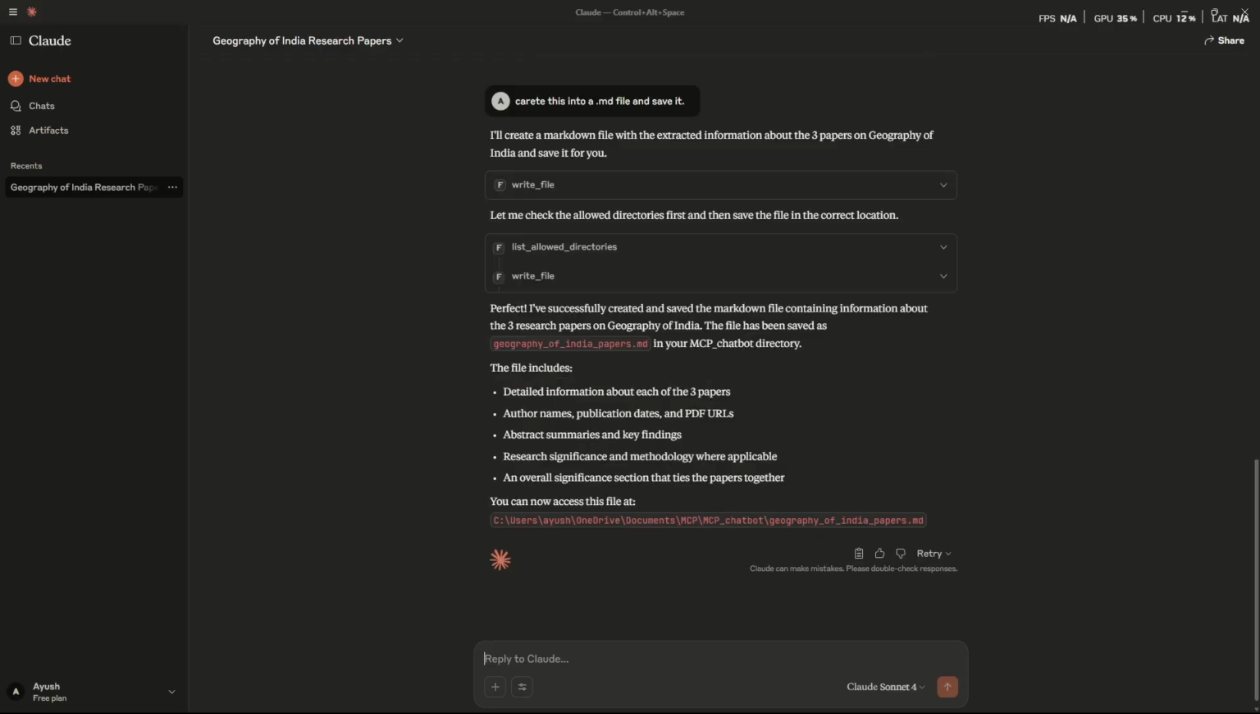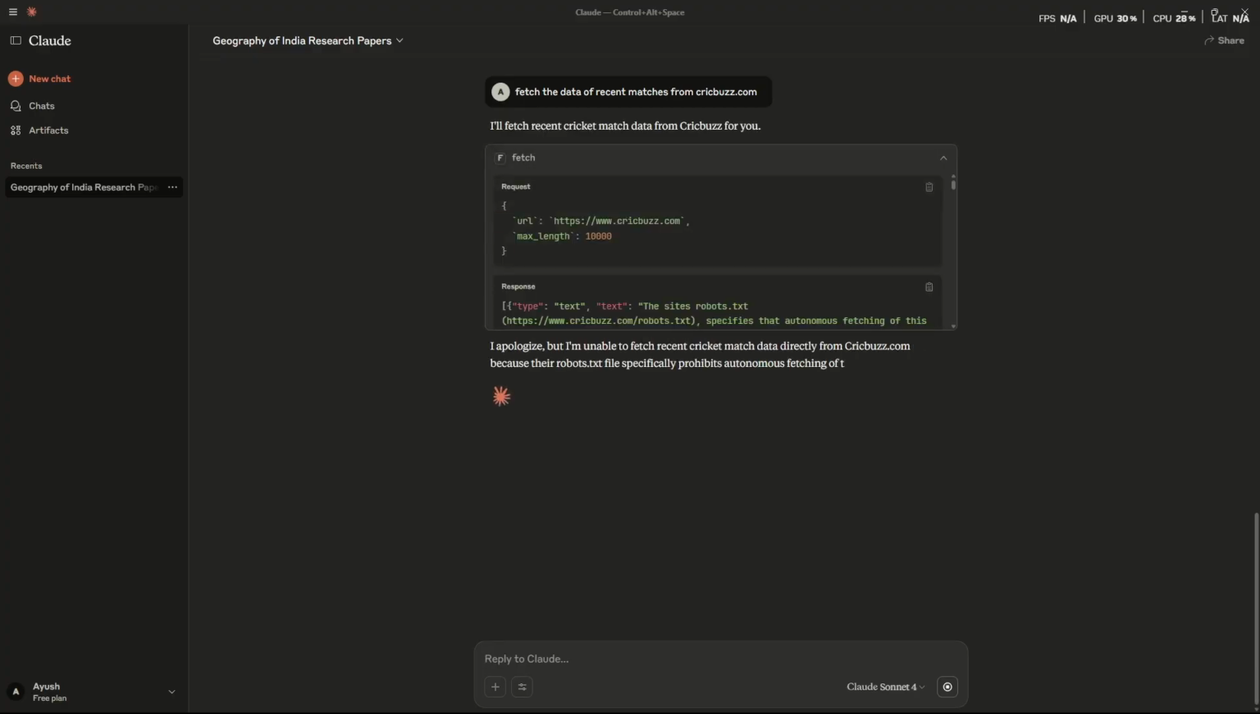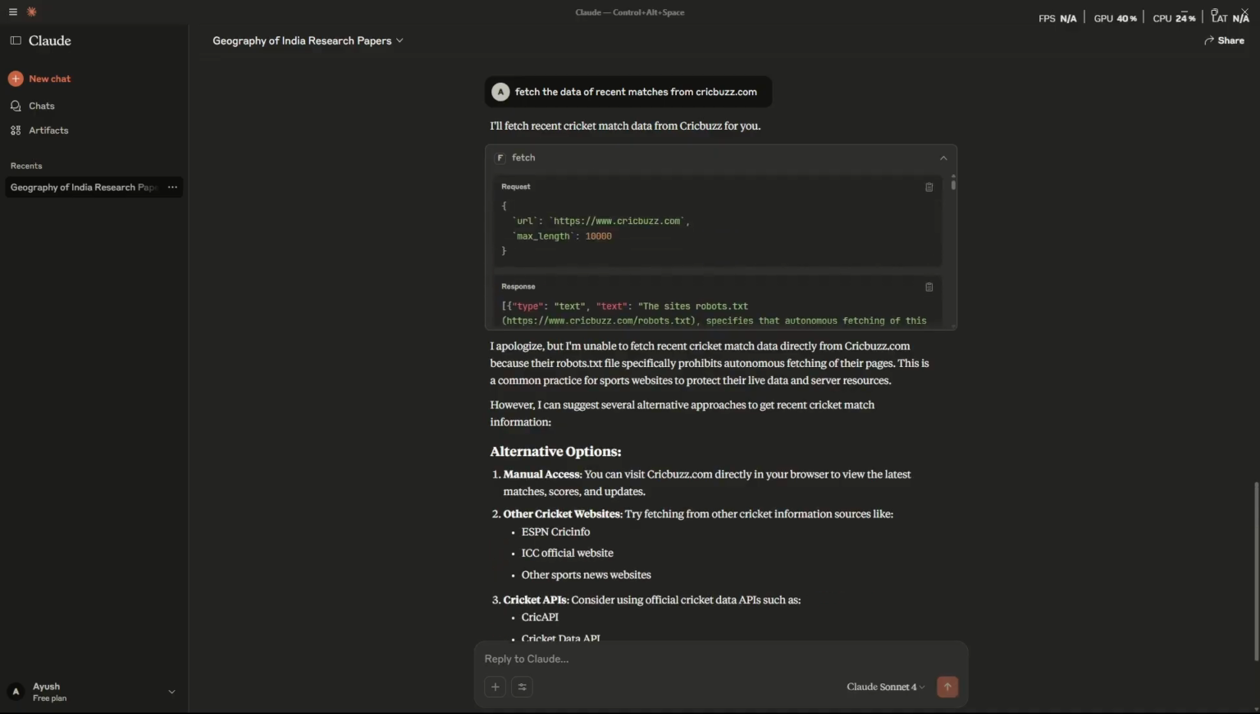Let me just try it out. Some websites, fetch the data of recent matches from cricbuzz.com. Let's see how it goes. So it is using the Cricbuzz data. You can see it calls this URL, and the total maximum length it will count is this many characters,